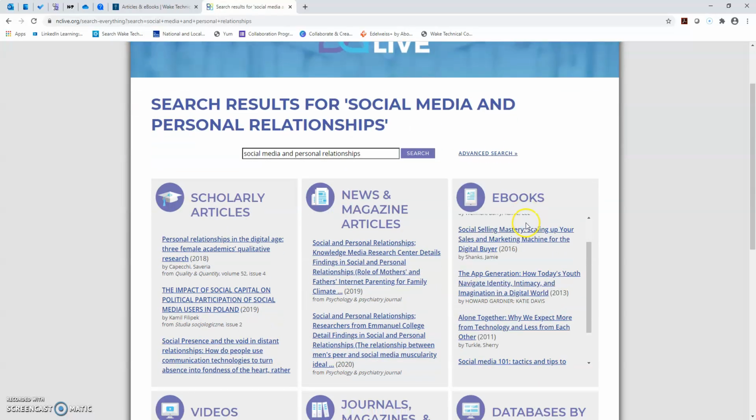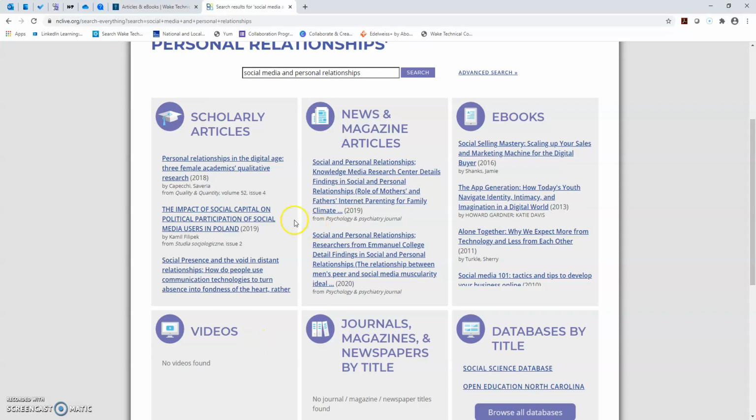Okay, so as you can see here, we have different categories of items. You've got your scholarly articles right here, which is probably mainly what you're going to be interested in. Then you've got some news articles right here. These are popular news articles that are not peer-reviewed. They're by journalists that just do some research on the topic, conduct interviews, and write articles about the topic. Even though these aren't scholarly or peer-reviewed items, they might be good if you are looking for real-life examples of the types of things that you're going to be illustrating in your paper.